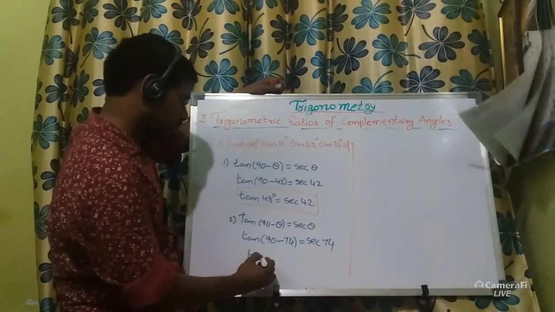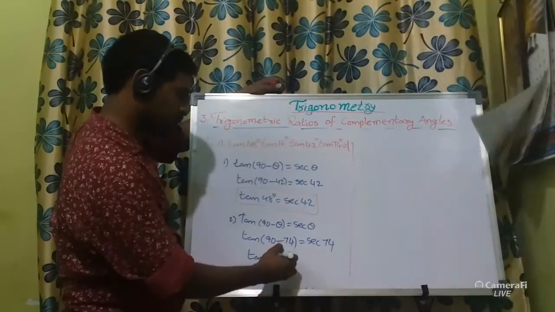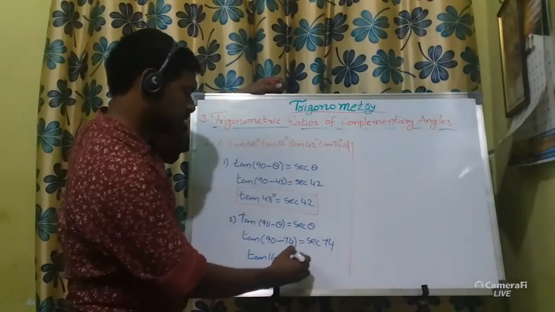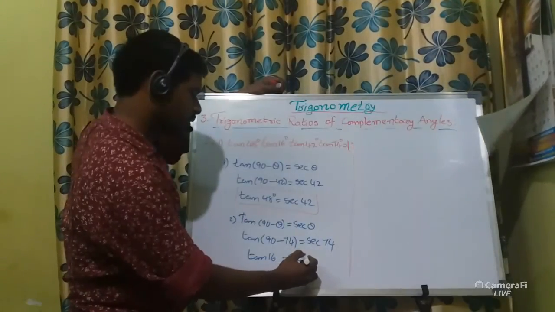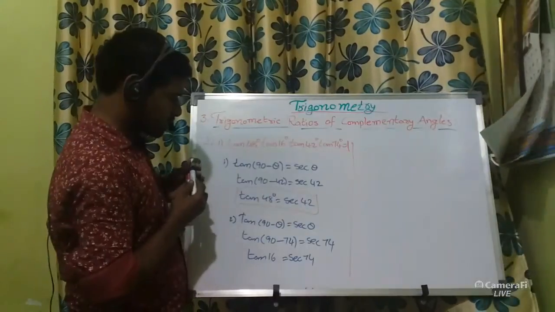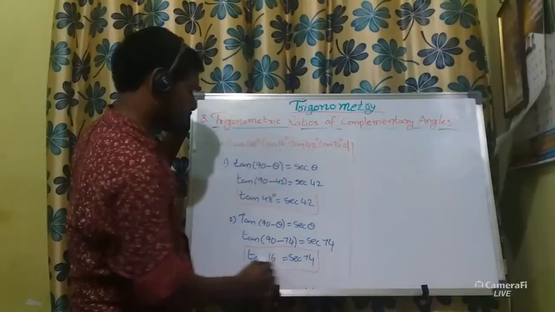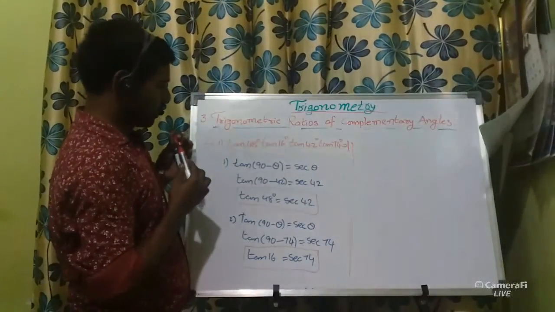Therefore tan 90 minus 74 means tan 16. 90 minus 74 means 16 is equal to cot 74. So if we substitute these values in the above question, then what you have to get,